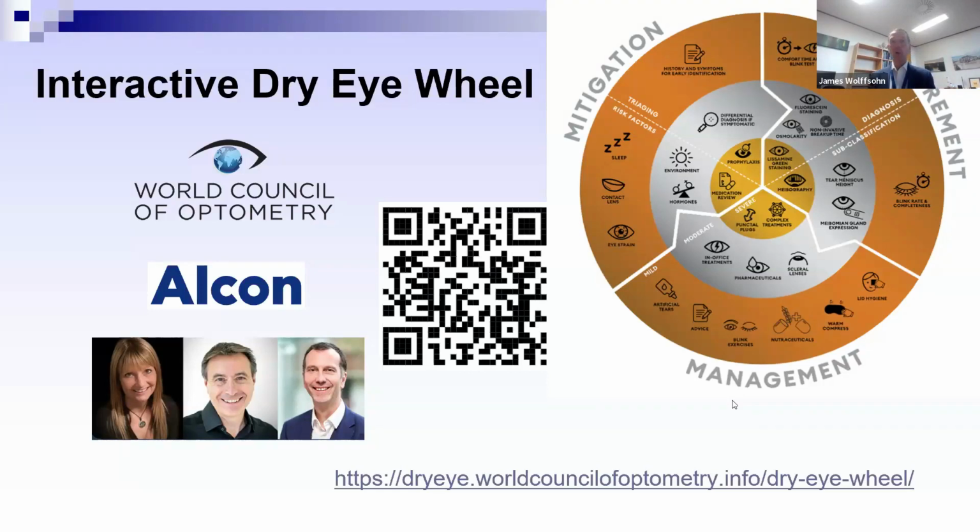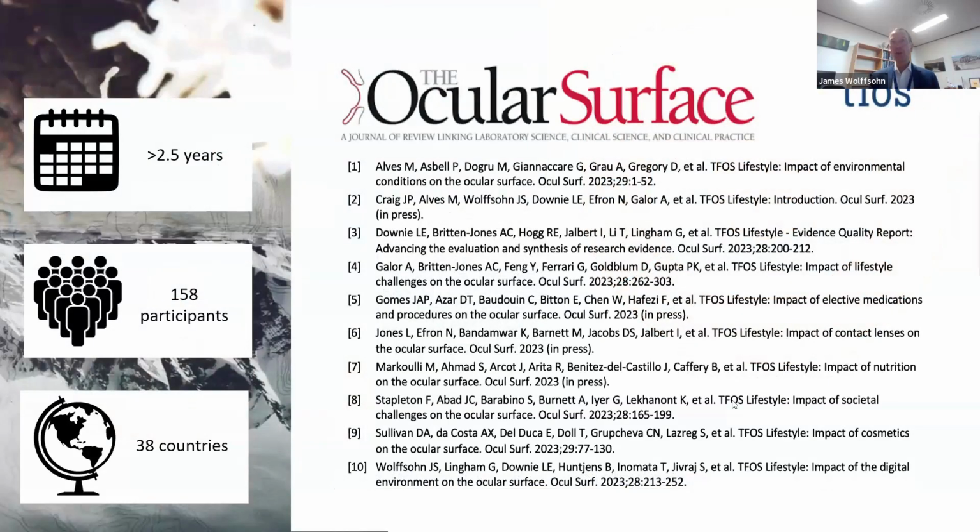So that brings me towards the end of my lecture time with you. Just to remind you that all of the articles, and I know you've studied many of these already, are freely available in the Ocular Surface journal. And it's really useful if you want to find out a little bit more information about anything that any of the speakers have said, to go to those reports. They're nicely broken up into sections, so you can easily search for your question to see exactly how it was addressed, what evidence we currently have to improve your conversations with your patients.